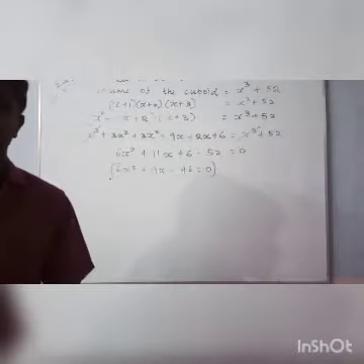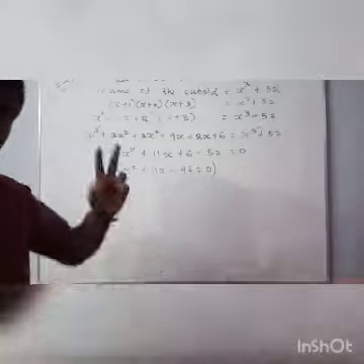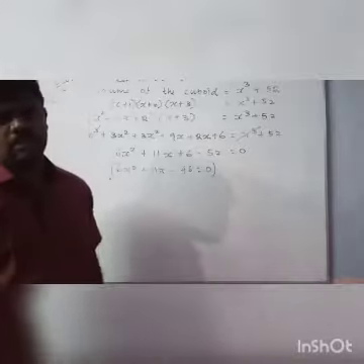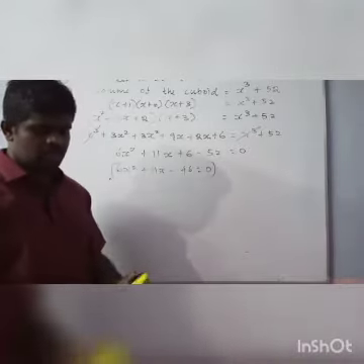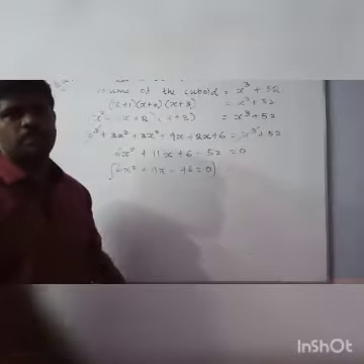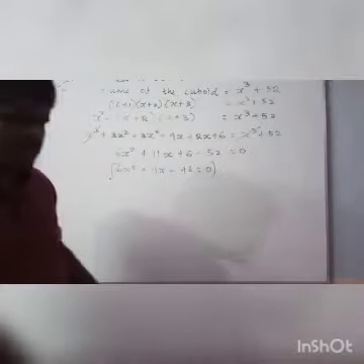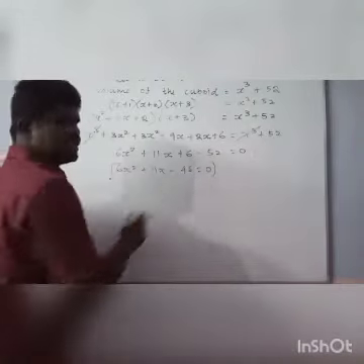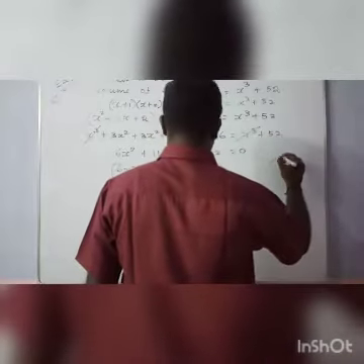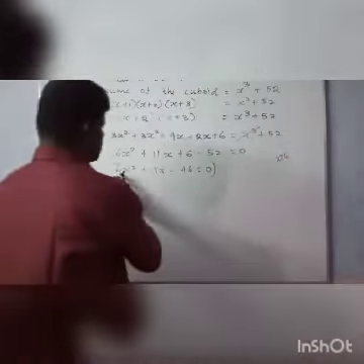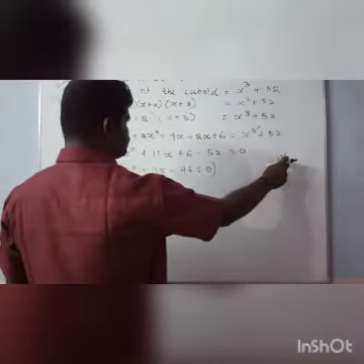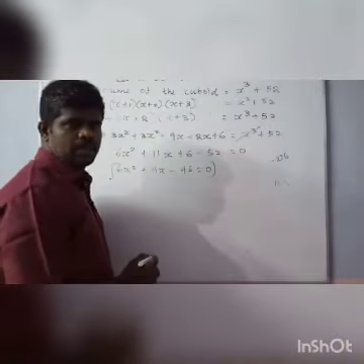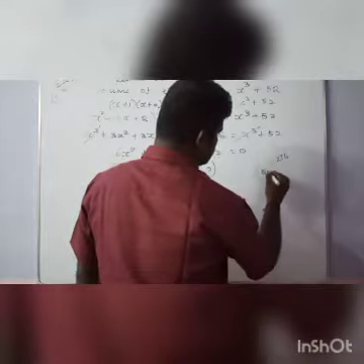This is also a quadratic equation. Now we have to find the quadratic roots. How to find the roots? We can use the formula method or factorization method. Formula method means what? Minus b plus or minus root of b square minus 4ac divided by 2a. Or otherwise we can multiply the factors, 6 into minus 46, so totally minus 276, and we have to add 11. This is the sum of the roots, so we can use 23 and 12.